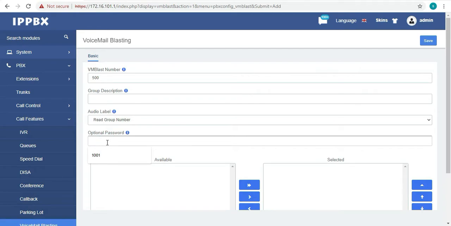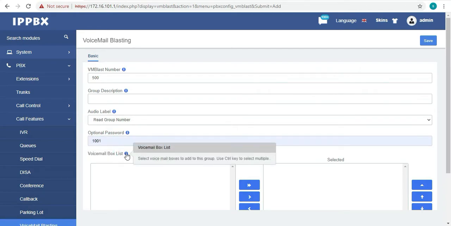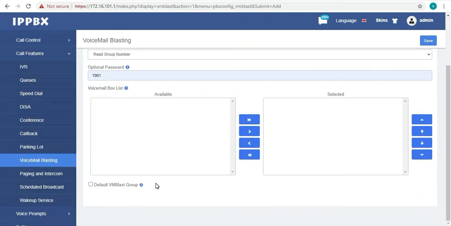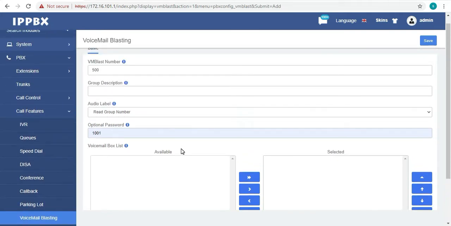Then you have to give the password to access that voicemail. Then you have the voicemail box list. So here when we will create any of the list or profile, you will get it here in the available box. So from here you just need to select and click. So it will be activated.